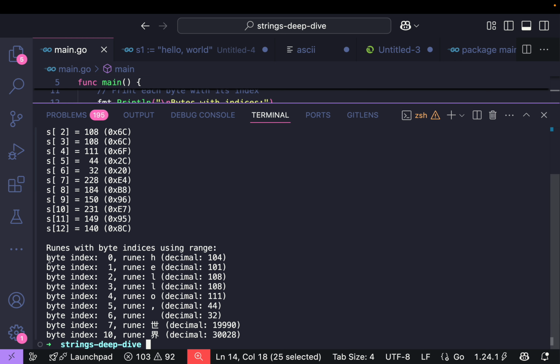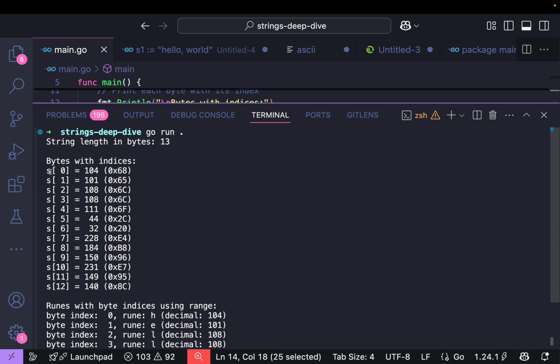Whereas with the runes, we have the byte index, and we go from 0 to 7, and then we actually jump from 7 to 10. And that's because with these 3 characters, again, we have 3 bytes rather than 1 byte. So for this first example, we're just iterating through the bytes themselves, and we go from 0 to 12, going through each particular byte. So in this case, 7, 8, 9 is the first Chinese character,